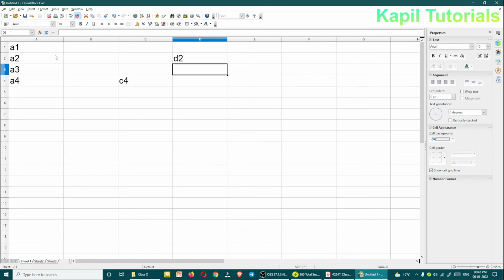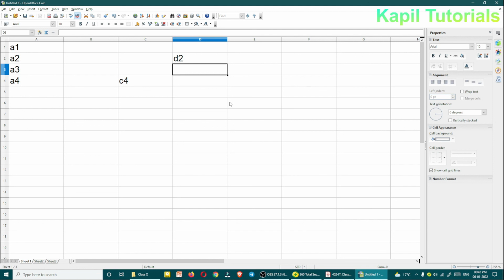I hope the basic concept is very much clear, and how to install this spreadsheet, that I have already explained in my first tutorial when I was teaching digital documentation, how to start with digital documentation, that means OpenOffice Writer. When I was teaching that, I gave the link on how to install OpenOffice. That link I will share in this tutorial also. You can just click on that link and download the whole OpenOffice.